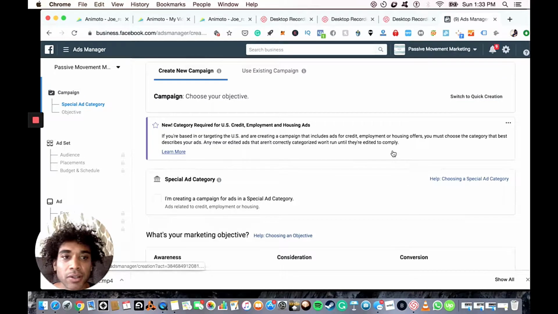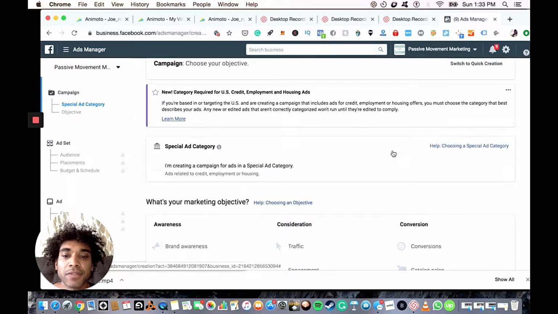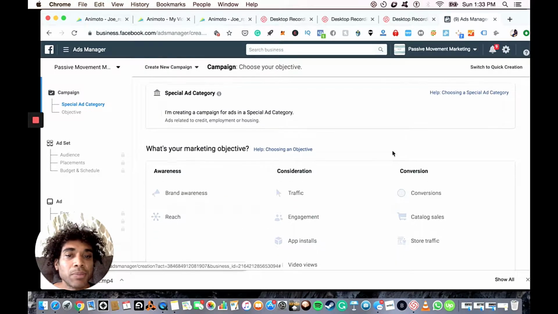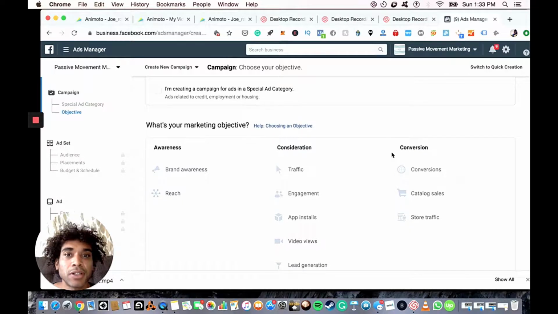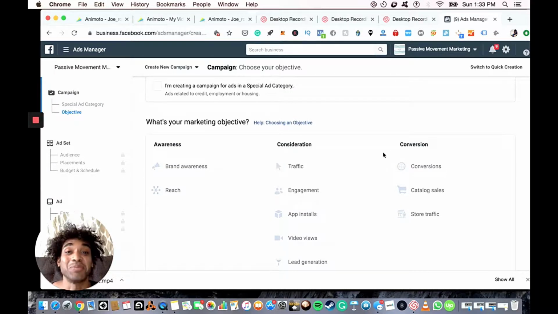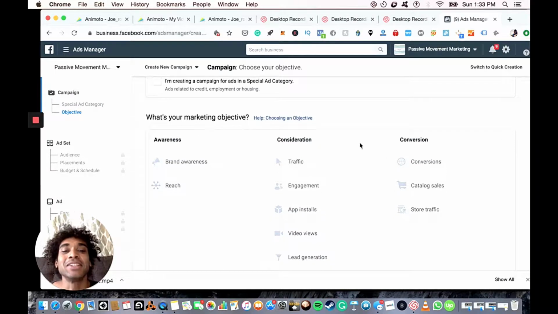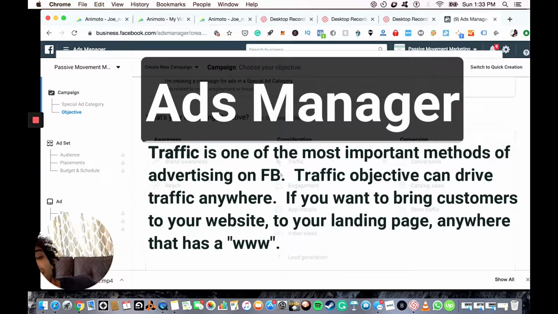So here we are. This looks very intimidating for the first time seeing it. You're like, oh my God, this is where I burn money. Trust me, people have burnt money here, but you won't this time. So ignore all these, and you either want to do traffic or engagement. Traffic is to get people to your website. It's just bringing people in, or